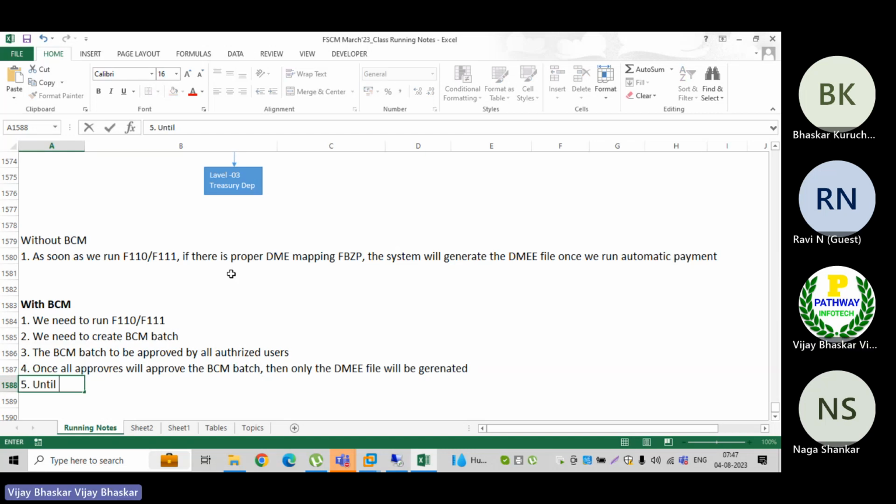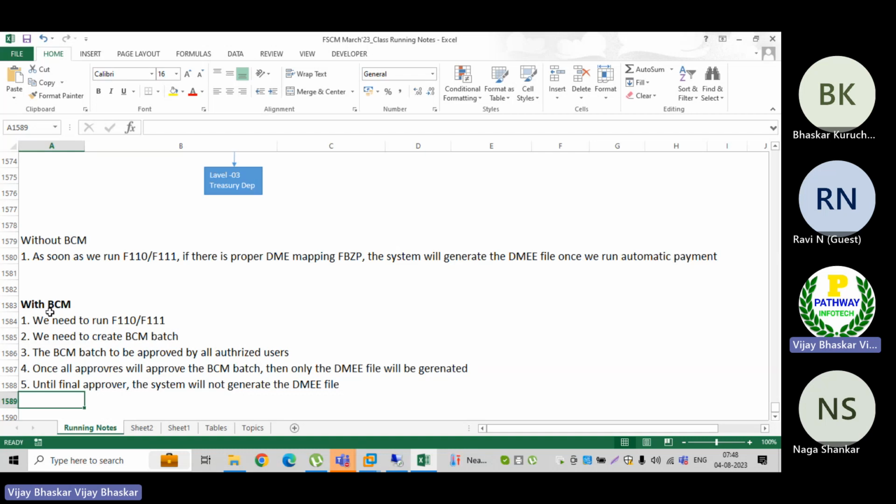Until final approval, the system will not generate the DME file. So what I require is, let's say I have 2 levels of approval or